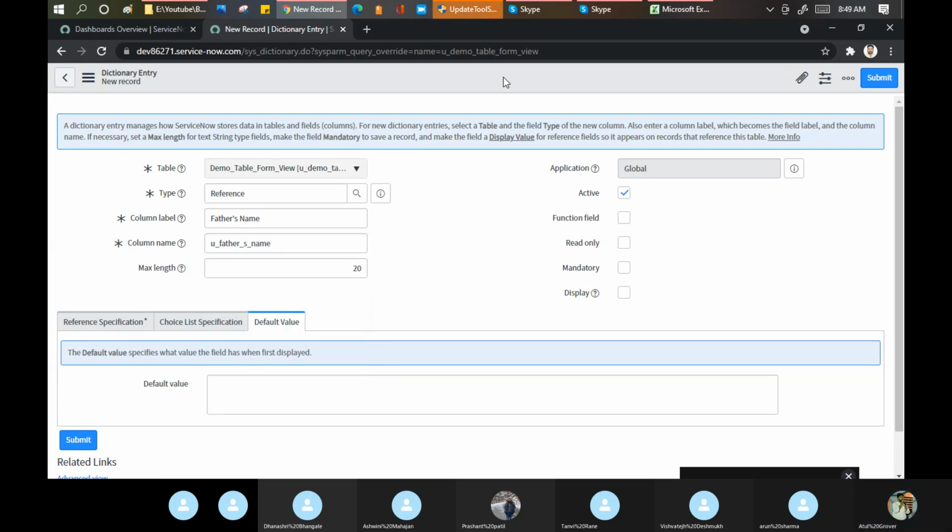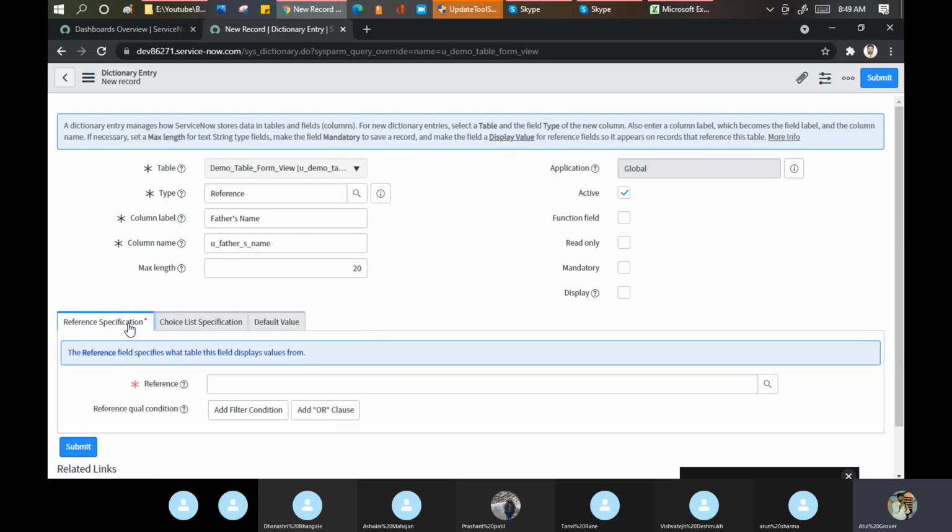Now see, it's showing me an asterisk mark. It's asking to whom you want to refer. Let's take an example. I am sending a package or a gift to Harsha's house, but that package belongs to Vishwajit.